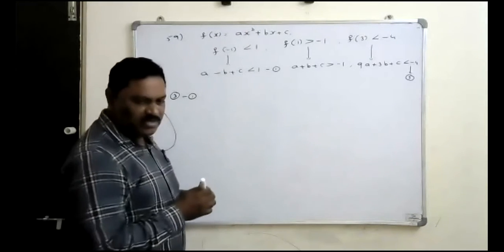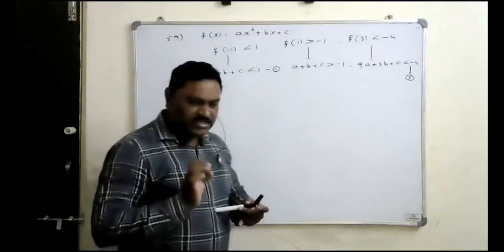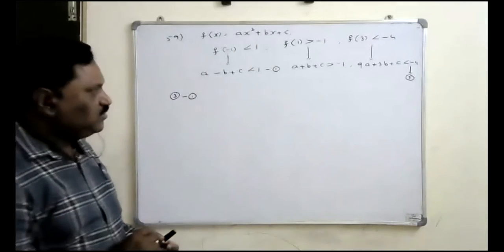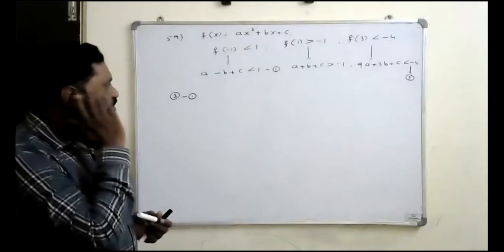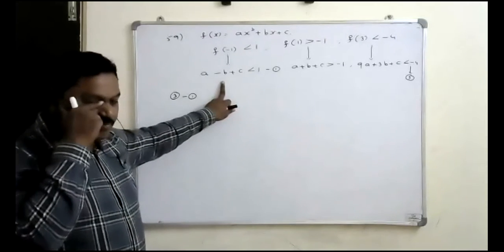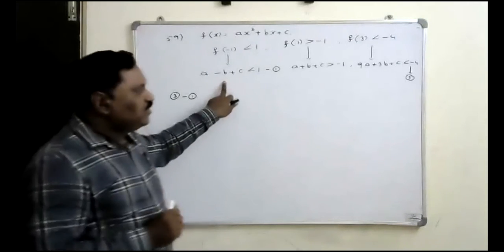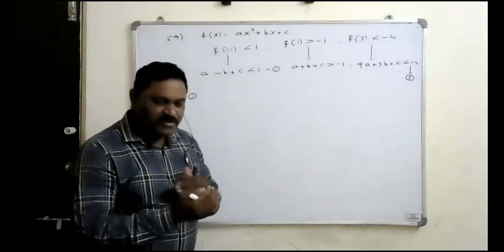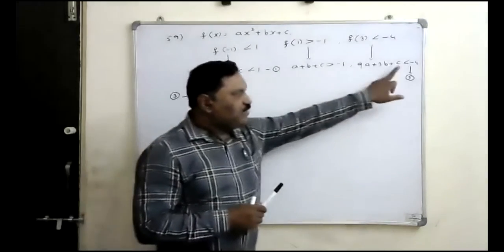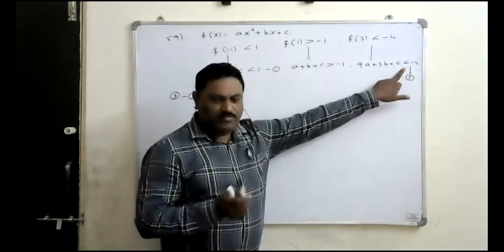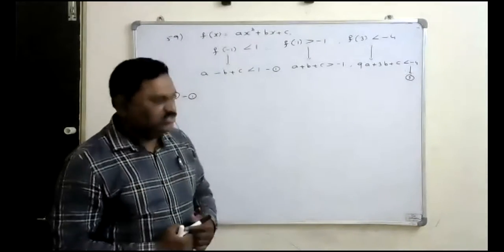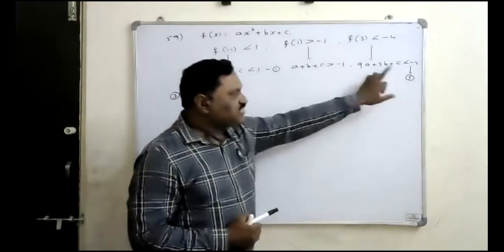So always remember that whenever inequations are given, if we multiply equation 1 by 3, then we can eliminate b also, no problem. Now, if you want to add or subtract any two inequations, the two inequations should have the same sign. Remember that. Both of them should have the less than sign or the greater than sign. Then only we can add or subtract the inequations. That's why these two have the same sign.